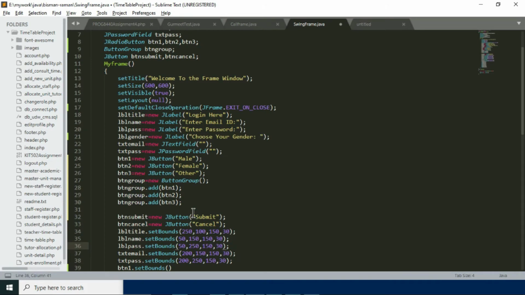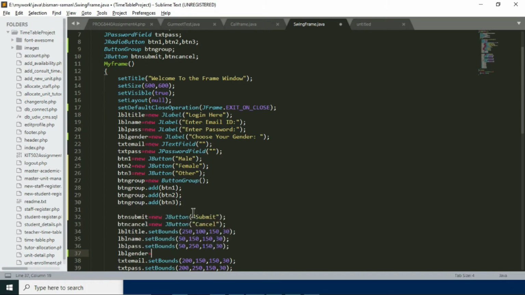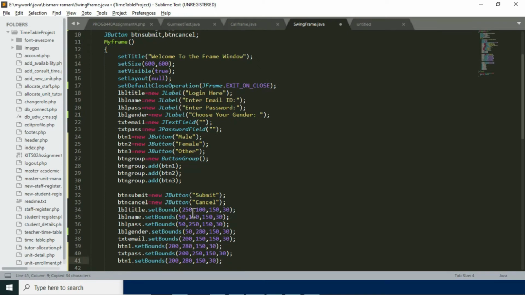After lbl pass I have to place this, so I'll say lblGender.setBounds, 280, 150, 30, and to place the button, 200, 280, 150, 30.